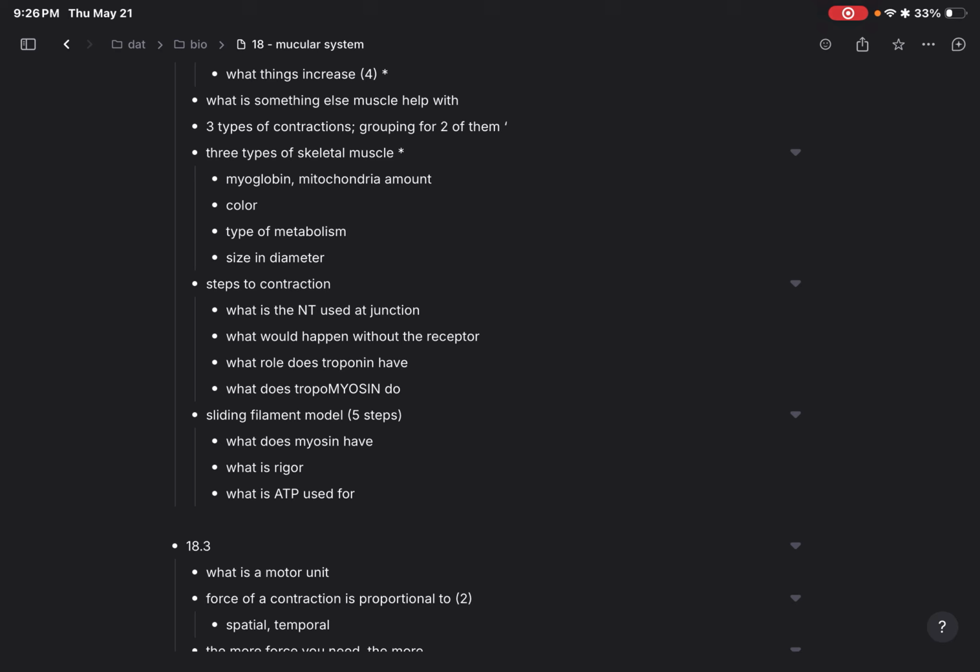Calcium 2 plus will then go and bind to troponin, which is connected to tropomyosin, which blocks the myosin binding sites on the actin. So once that tropomyosin moves, the binding sites for myosin and actin are open. Now the myosin and actin are going to connect. How do these connect? Well, the myosin head has ADP attached to it. That ADP will allow it to attach